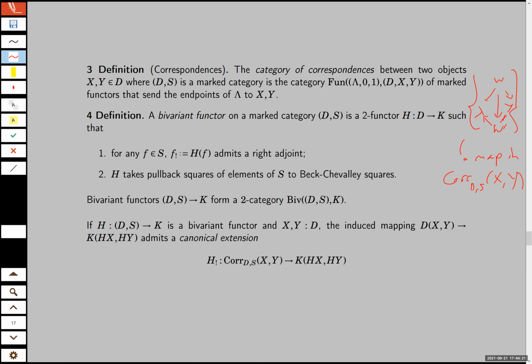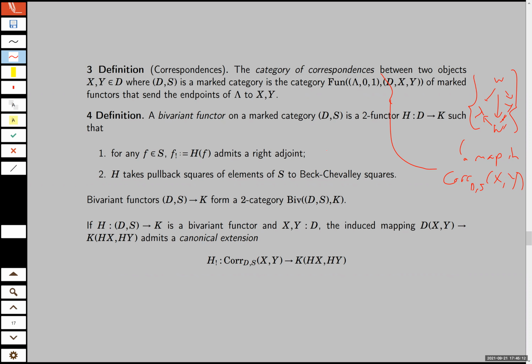The way I'm going to characterize correspondences is using this notion of bivariant functor. A bivariant functor is a functor into a two-category, for example, the category of categories, or the category of compactly generated DG categories, such that everything in S admits a right adjoint, and such that the base change property is satisfied. Typical examples where base change is satisfied will be the derived category of coherent sheaves, where you have a proper smooth map, base changes in étale cohomology. This is the situation that this is abstracting.